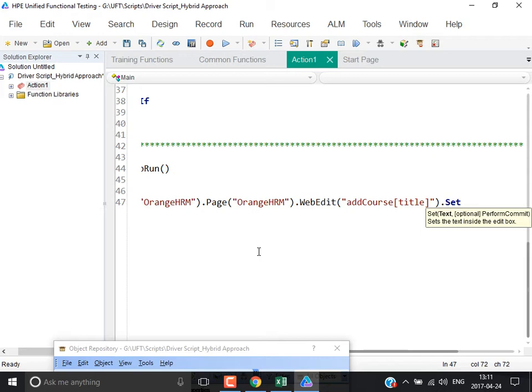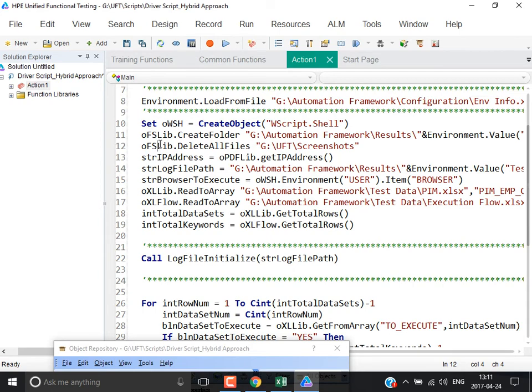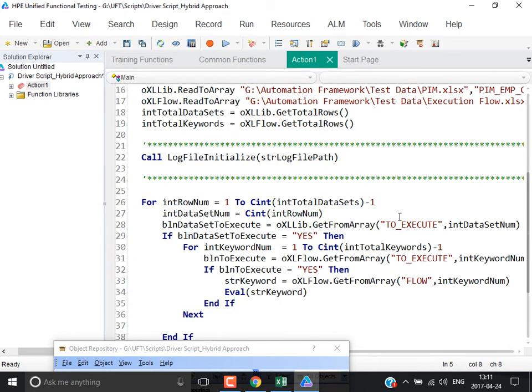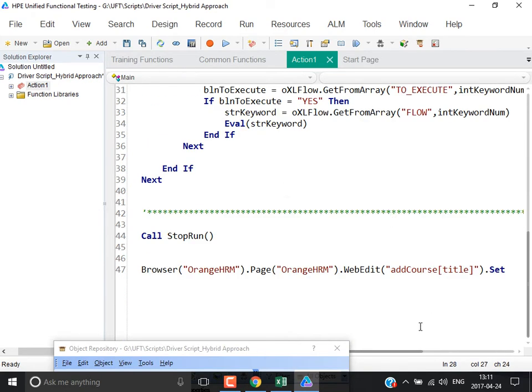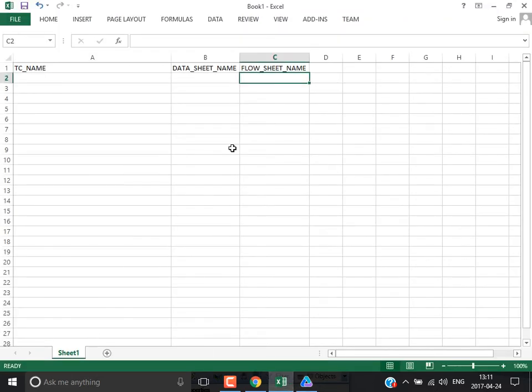Okay, but what you do is now Excel library dot okay, what is you create